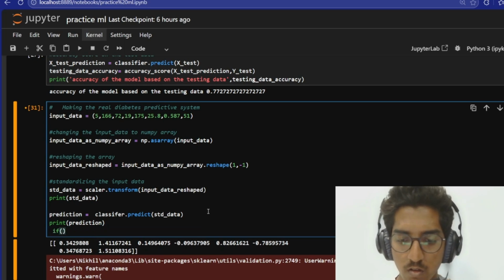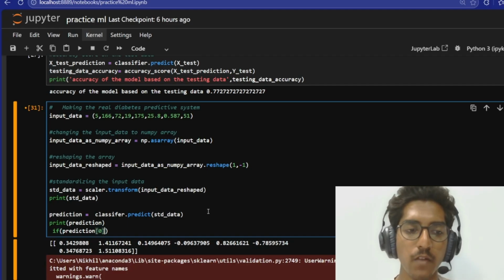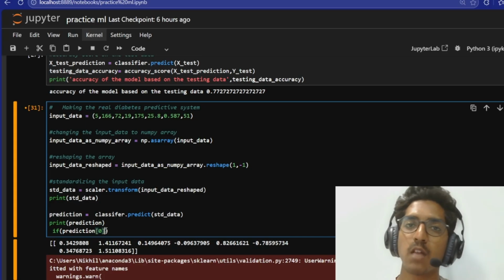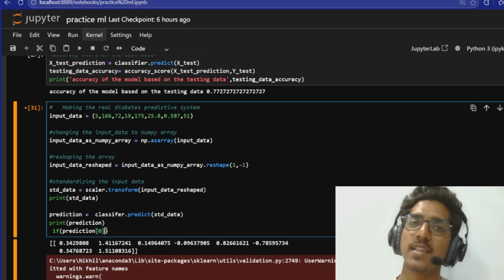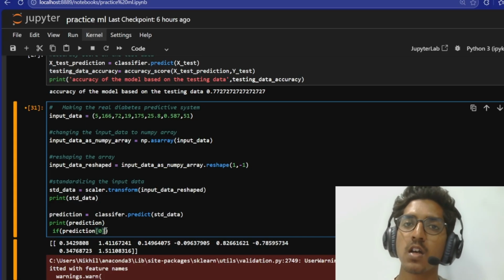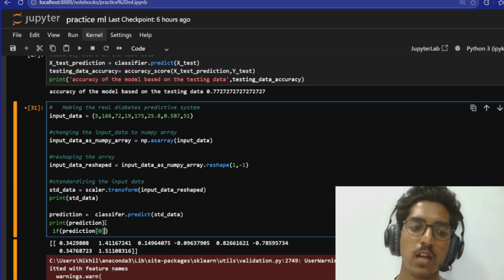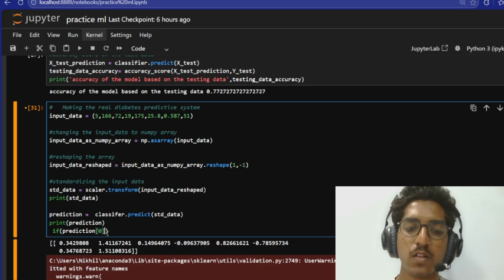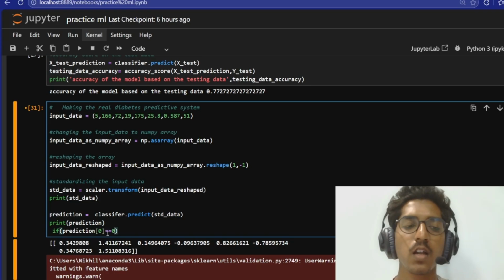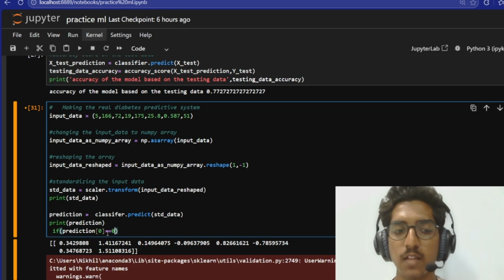If the prediction 0, over here we are using the 0 because it is an array. In an array, every variable starts with the number 0. It doesn't start from 1, it starts from 0. So we are initializing the first element as 0. If the first element in the array is 0, then